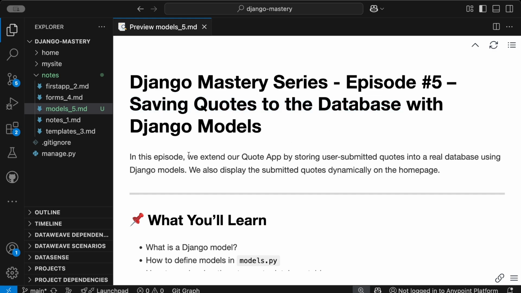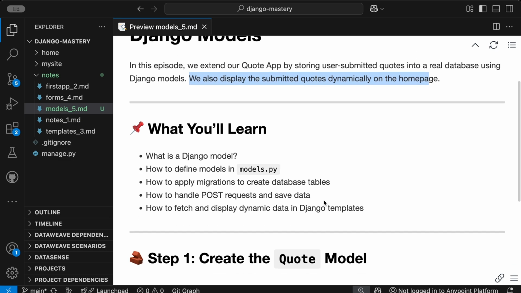So in this episode, we are going to extend our code of the day application by storing the user submitted codes into a real database using Django models. We will display the submitted codes dynamically on the codes page, not on the home page. What you are going to learn in this particular episode is what is a Django model,